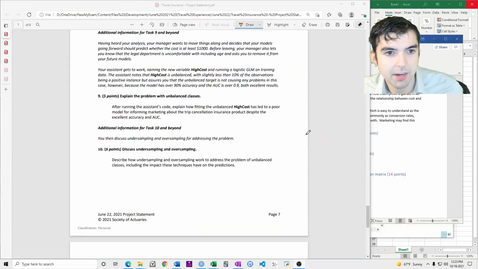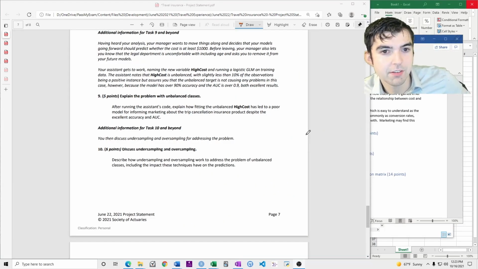Additional info for task 9 and beyond. Having heard your analysis, your manager wants to move things along and decides that your models going forward should predict whether the cost is at least 1,000. Before leaving, your manager also lets you know that the legal department is uncomfortable with including age and asks you to remove it from your future models. Your assistant gets to work, naming the new variable high cost and running a logistic GLM on training data.